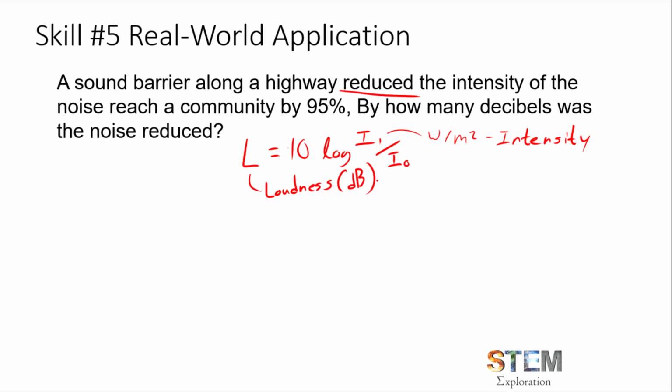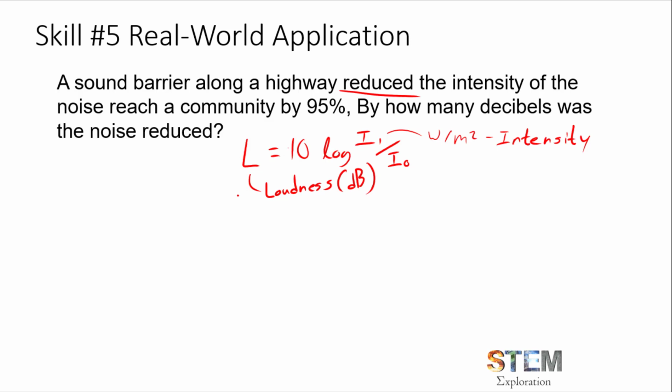But if everything's comparative, which are the two examples I'm going to show you here, then we don't necessarily need to know that. If you do have a problem that's just asking for loudness, I will give you I naught, or it's something you can look up if needed. What's really cool about the nature of logarithms is that if you reduce the noise reaching a community by a specific factor, like 95%,